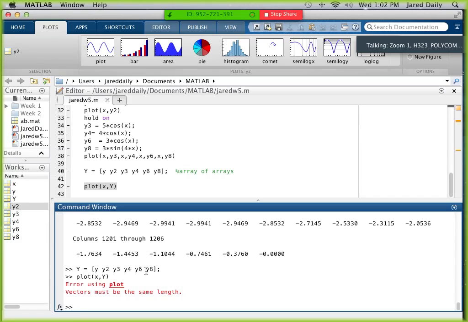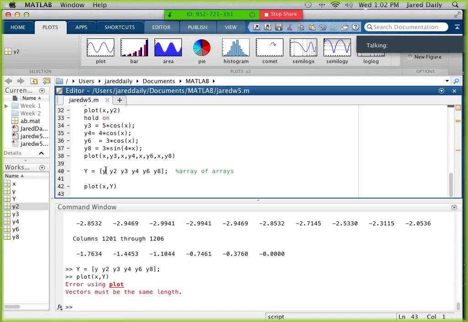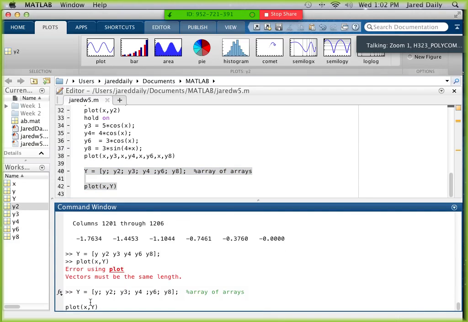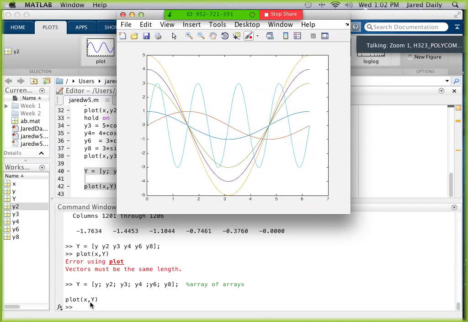Oh, that's because I did something wrong when I built this array. This array needs to be in column form. So we put in these things here, right? Now let's try it. I think it'll let us do this. There we go. So now it's allowed us to do this all just by having one X and a bunch